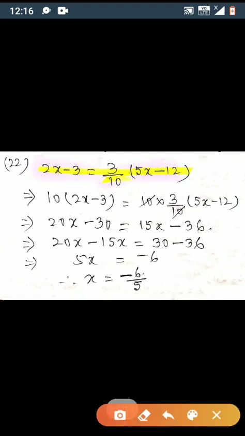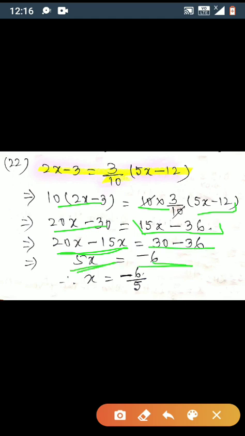So x equal to minus 1 by 2 is the solution of the equation. Question number 22. 2x minus 3 equal to 3 by 10 (5x minus 12). Multiply LHS and RHS by 10. So 10 (2x minus 3) equal to 10 multiplied by 3 by 10